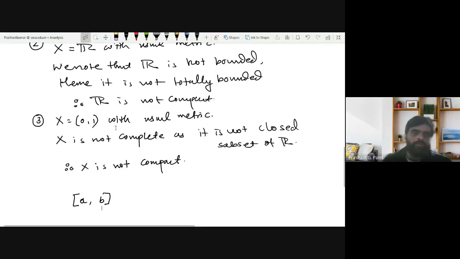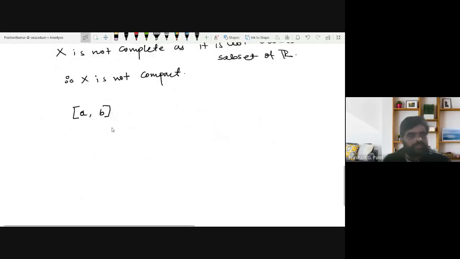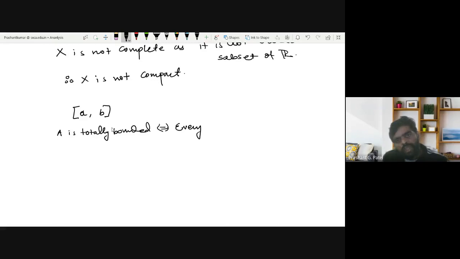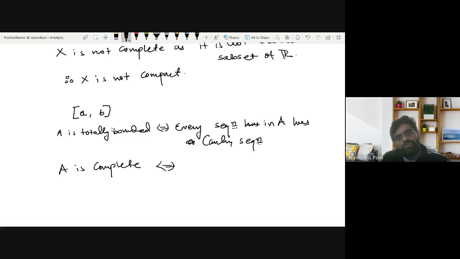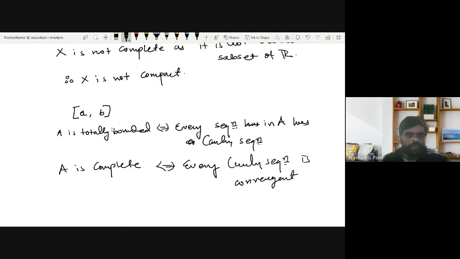And we have learned in the previous lecture that a set A is totally bounded if and only if every sequence in A has a Cauchy subsequence, and A is complete means every Cauchy sequence is convergent. So with the help of these two results,